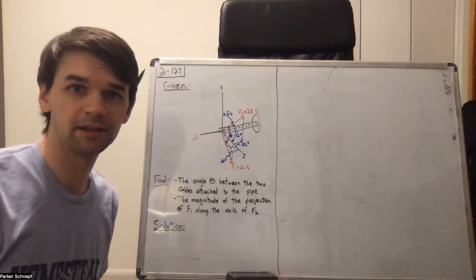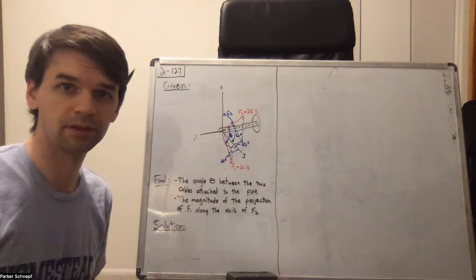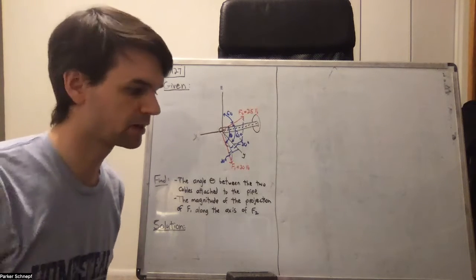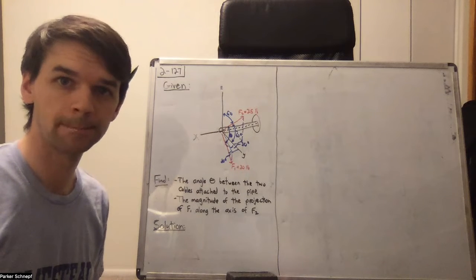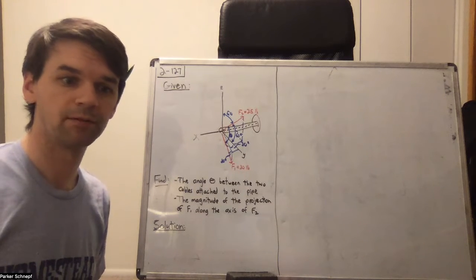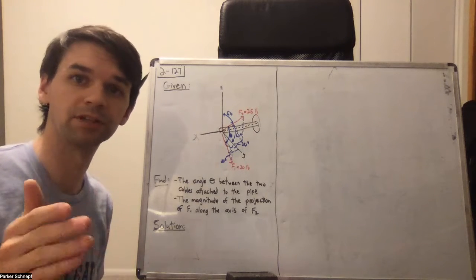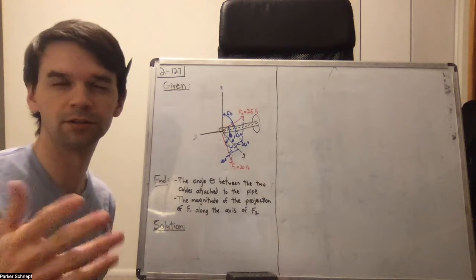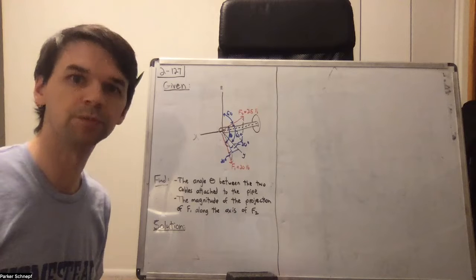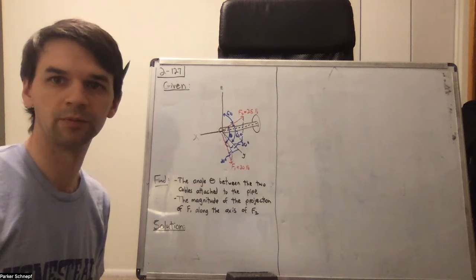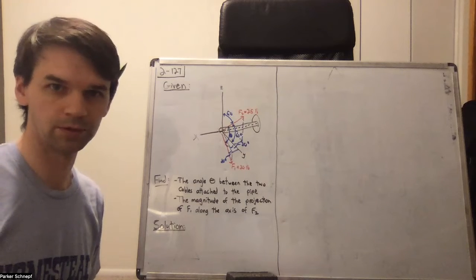Hi class, this is an example problem for Unit 2.3. Unit 2.3 deals with the dot product, and we really use it for two things. One is to find the angle between two vectors, and the other is to project a vector in the direction of another vector, or to find out how much directionality two vectors share, which may be a difficult concept to understand at first, but as you go through some problems, hopefully it makes more sense. So in this case, I'm going to try to demonstrate both of those applications of the dot